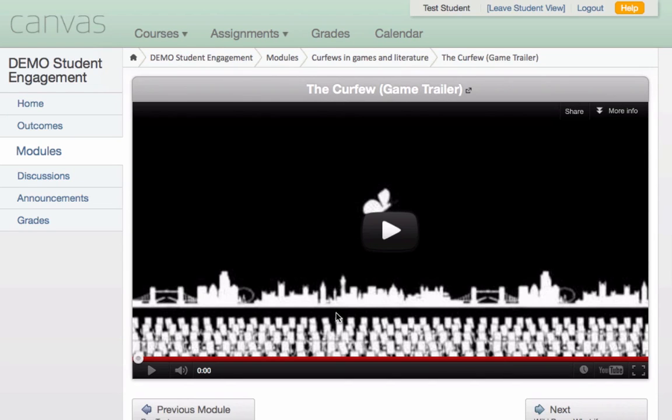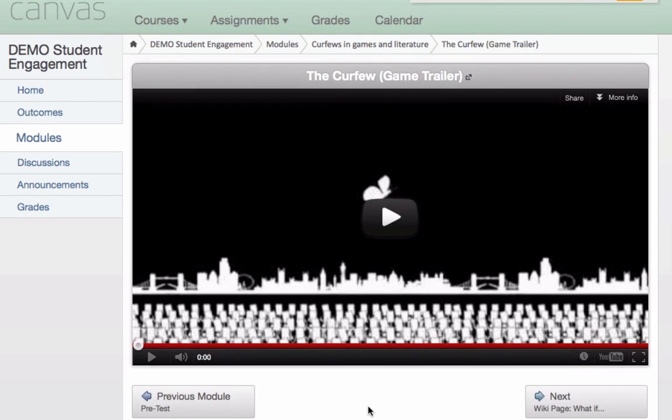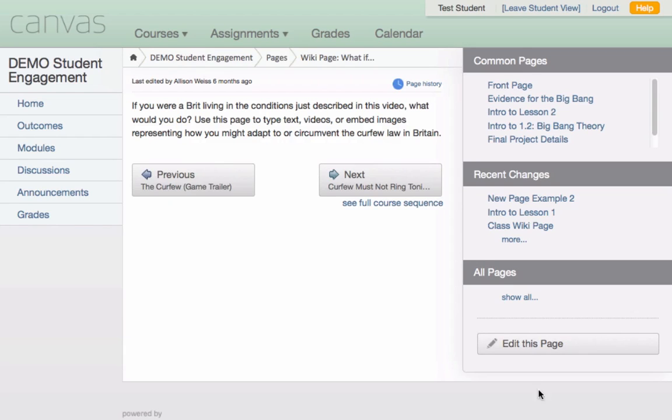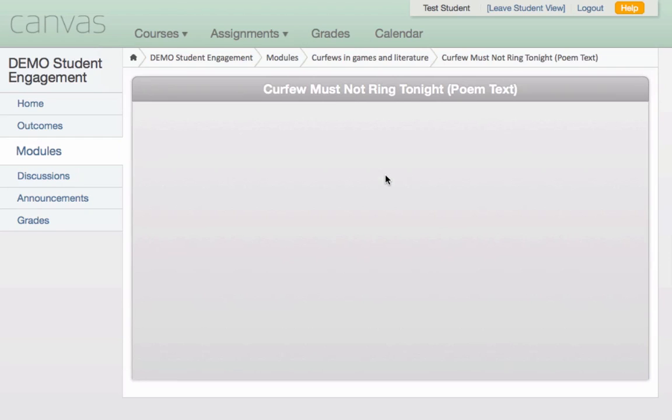The next module is interesting, and this is an example of the kind of module you might want to design for a fully online course. It begins with a trailer, a game trailer, setting the scene for the module topic. After that, there is a wiki page that I can edit as a student. Then I am linked out to original poem text